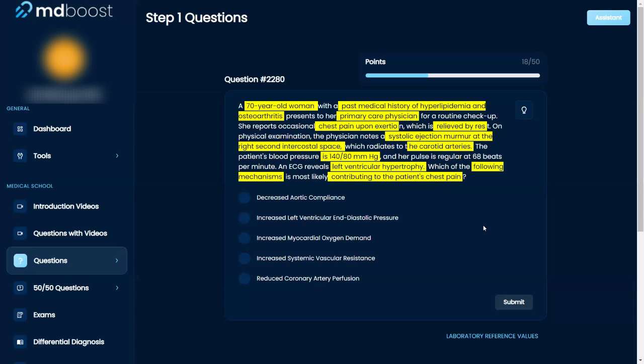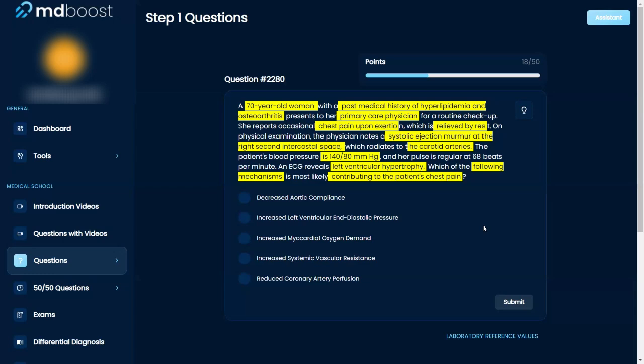Okay, all of this makes sense because I'm thinking it's left-sided heart failure. And it makes sense because it kind of backs up into the system, and then we have that hypertrophy. So in patients like this, it wouldn't be decreased aortic compliance,